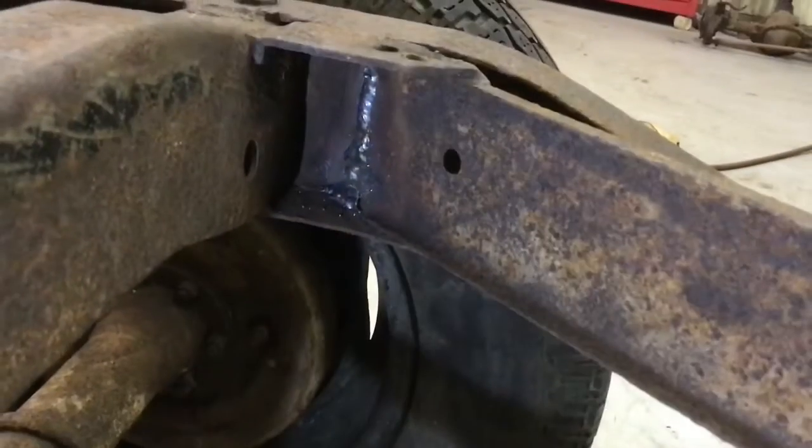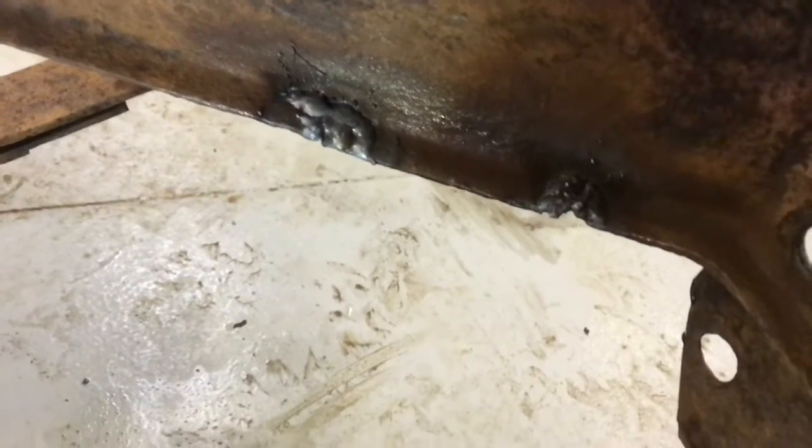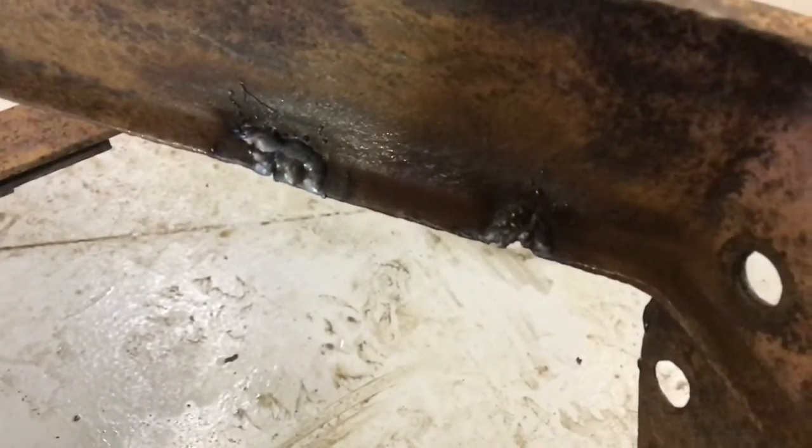That one welded up surprisingly good. I just got to clean it up just a little bit. Same with these two little spots. They look a little boogery, but I just stacked some welds on top of welds, and then I'm going to grind it back off, just smooth it out a little bit so that it looks decent and good and strong. Up front here,